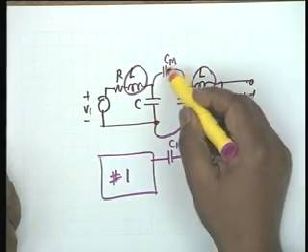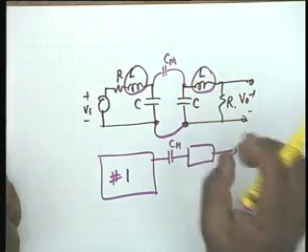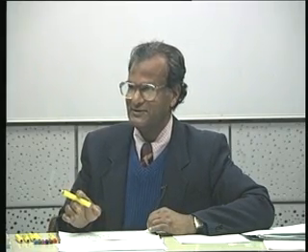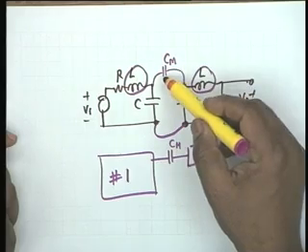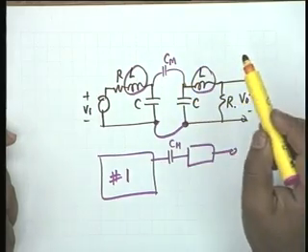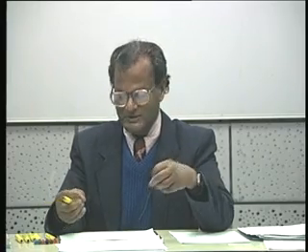If Cm is 0, if there is no capacitive coupling... this is called capacitive coupling, instead of inductive coupling. Alright. If there is a non-zero Cm, then you shall observe exactly the same kind of behavior as in a double tuned circuit. So, two tuned circuits can be coupled by capacitance also. This is called electrostatic coupling.